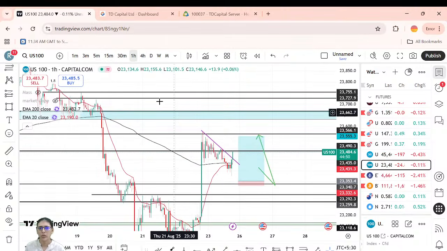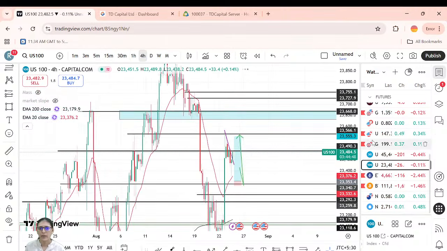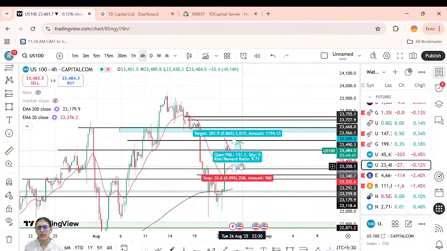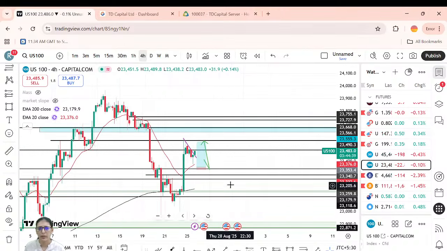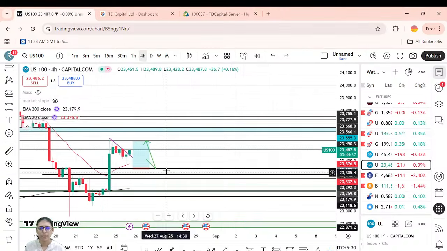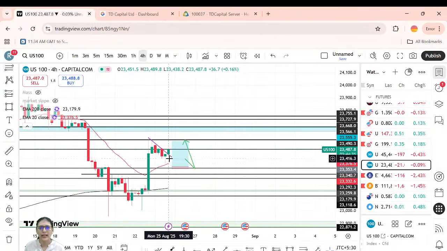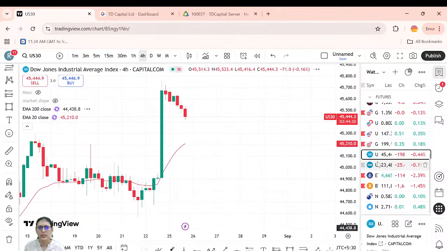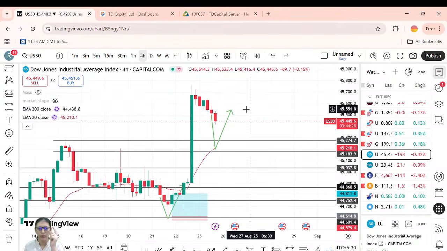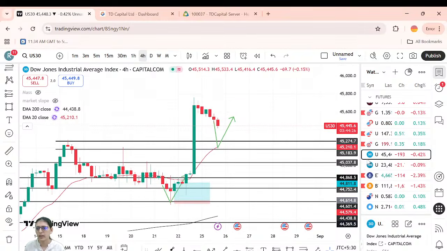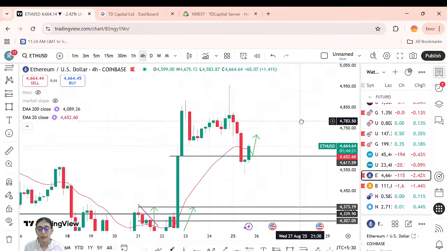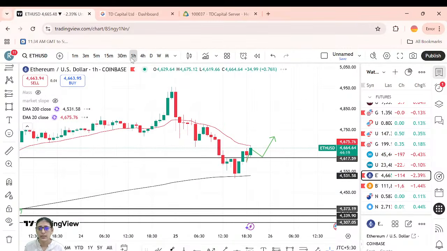We were expecting it to come here and rise, but it has already moved a little from above our place. So yes, at the retest of the trend line, if you get the price, you can make an entry. US 30, same as I've already discussed. Yes, if it comes down till here, you can make a bullish entry. Ethereum is at the right place for you to make an entry.